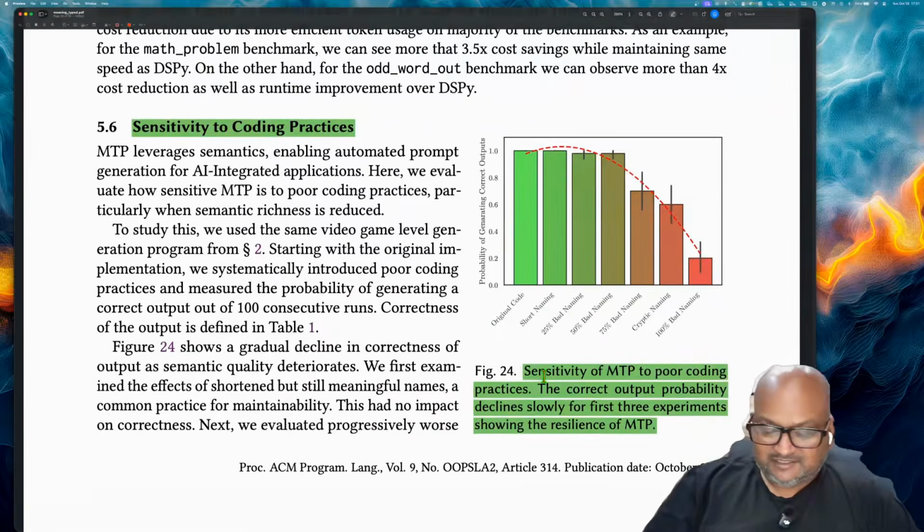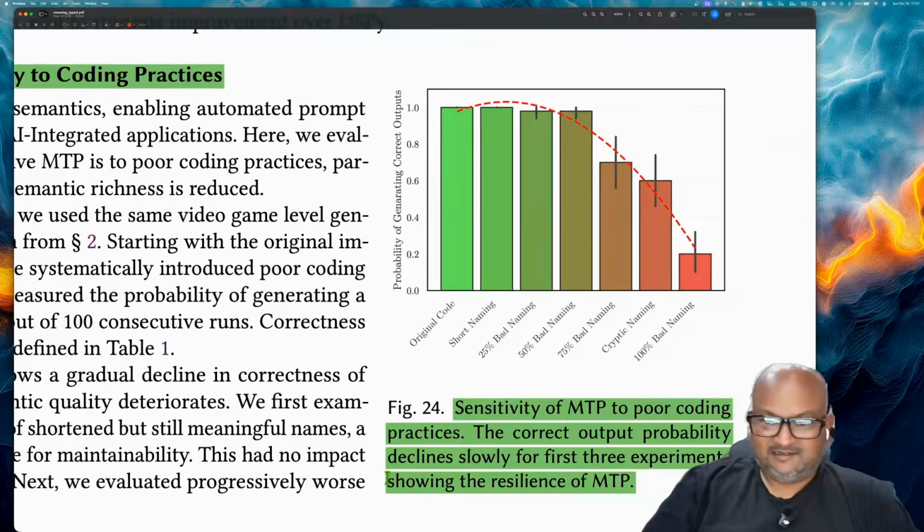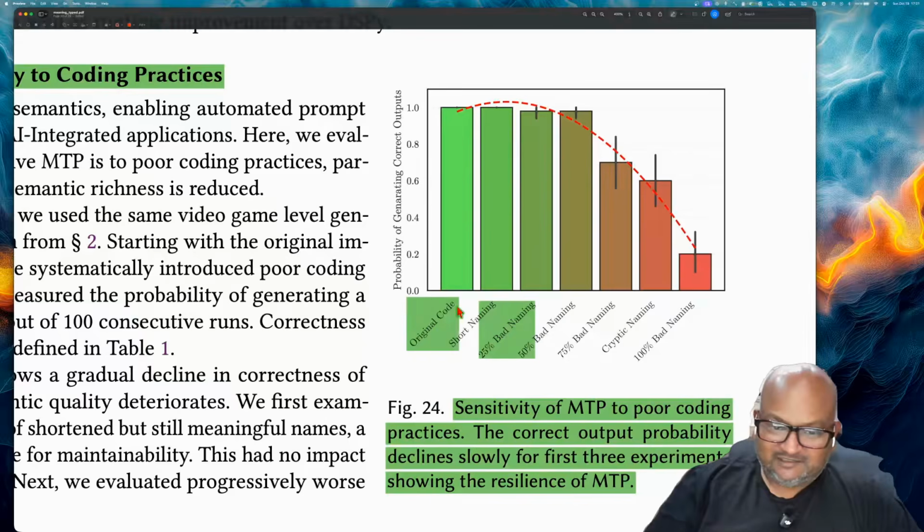Now, one question you might have is, well, all this really depends a lot on my naming, how well I've named my types and methods and so on. And they actually studied how much degradation they get if they use bad naming. And so this is really interesting. So they have original code with nice descriptive names, and then they steadily degrade it.